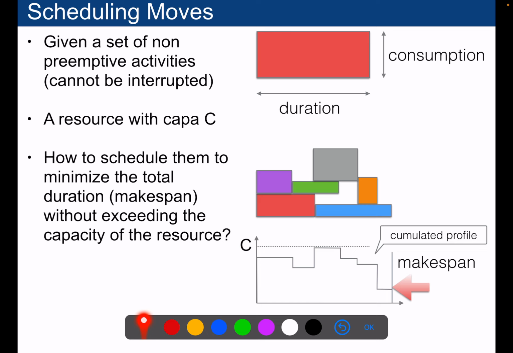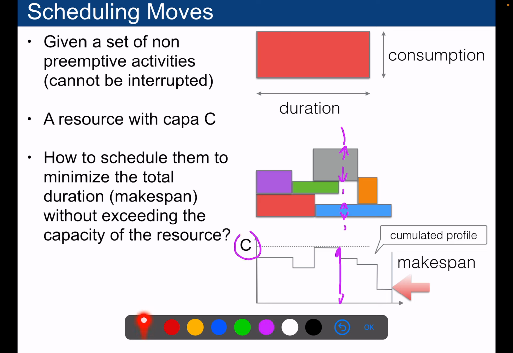So it's like if you would project the height of all the rectangles, then you will compute a profile. Okay, you just sum all the overlapping rectangles. So for instance, you take this line, then clearly you need to add the height of the rectangles that overlap here, and then you get this, right? So you don't want it to exceed the capacity C.